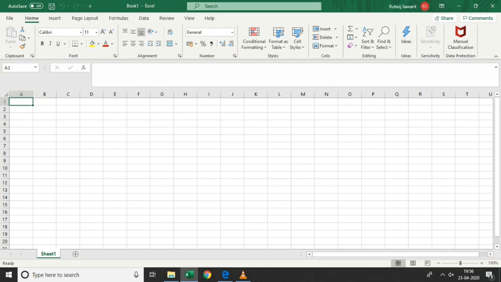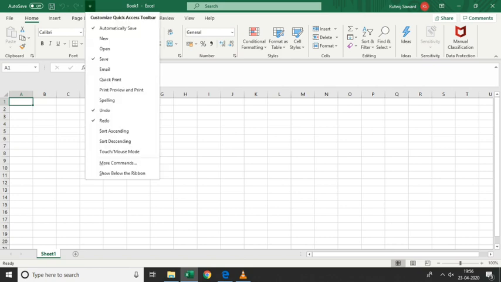The first one is save, then we have undo, then we have redo. If you want to add more, you can add using this setting button, as you can see over here. You just have to click on it, and when the tick appears, that command will get added into the quick access toolbar.